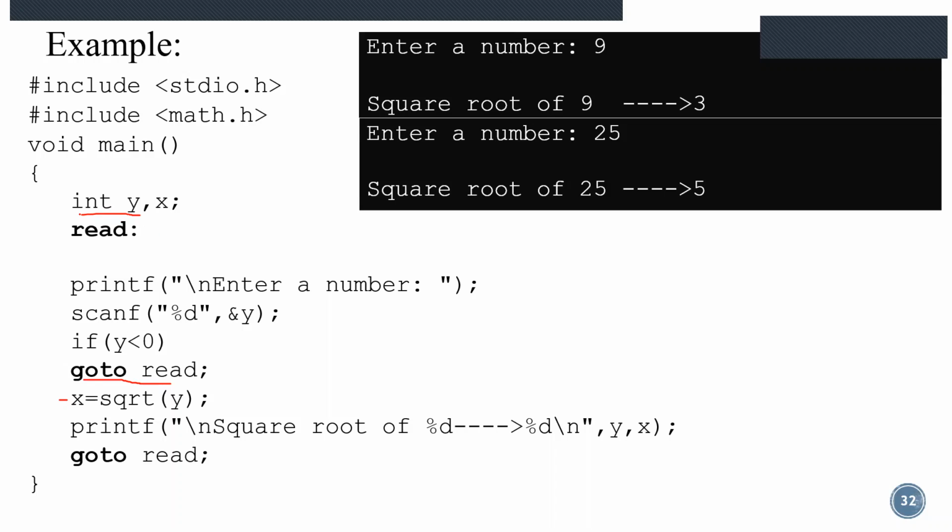I'm restricting the entry only to numbers which have a square root. If you enter any other number which does not have a square root, then it will show decimal values and all. So I am just running and showing only with numbers which have a square root.